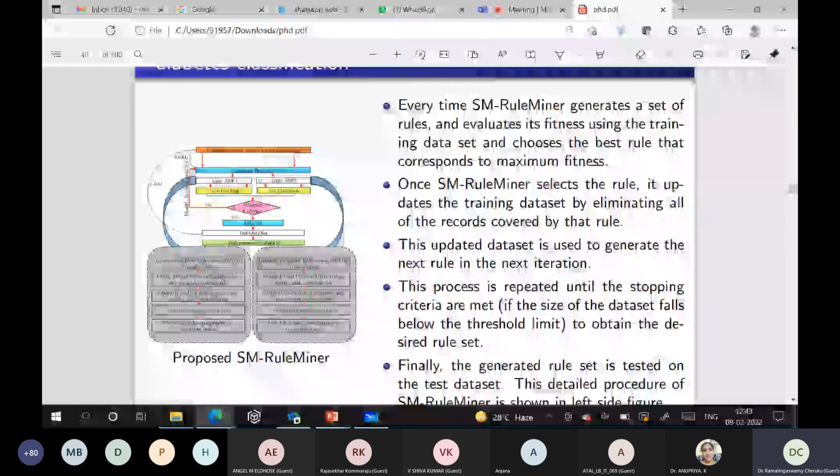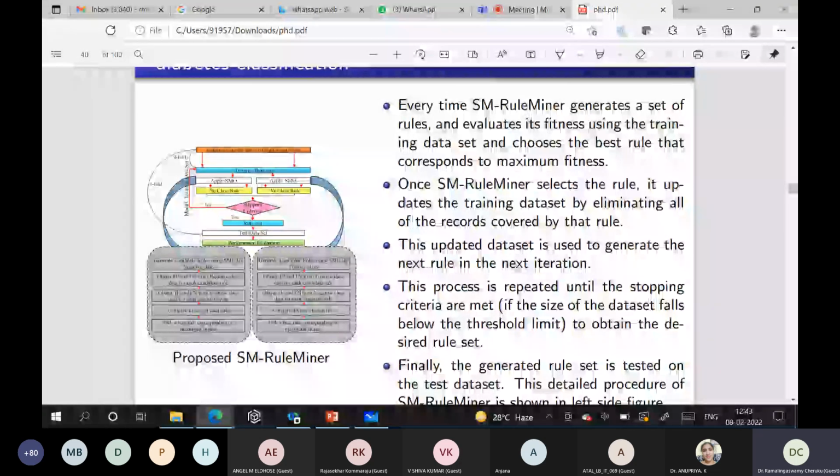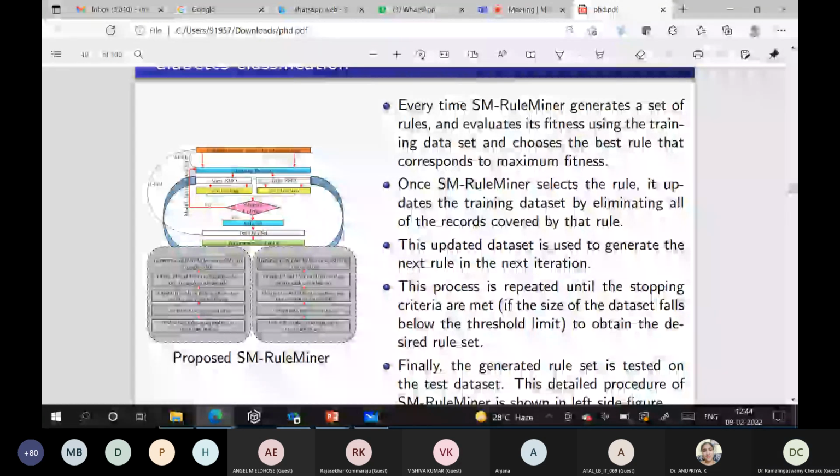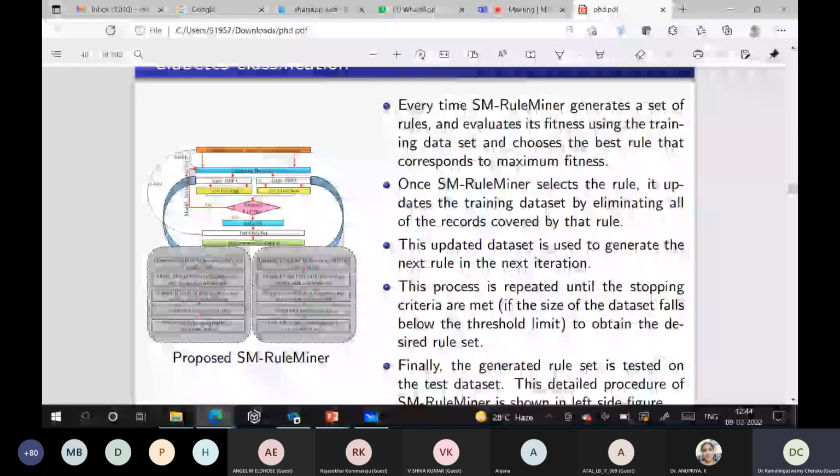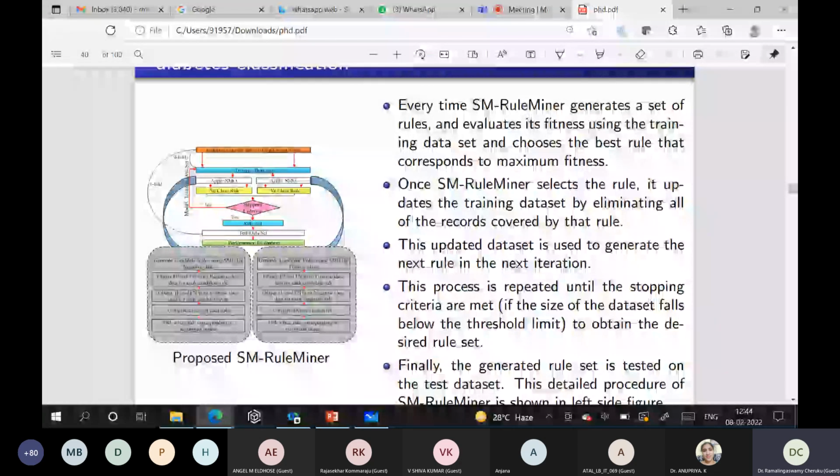Once you're done, you have to combine all the rules generated from the positive class with the rules generated from the negative class. Then you can create the rule set. Like this, we can generate the rule set, and of course, at the last you have to do the comparative analysis of how the rule set generated from this bio-inspired algorithm compares to state of the art rule generation techniques called C4.5, ID3, and all this stuff.